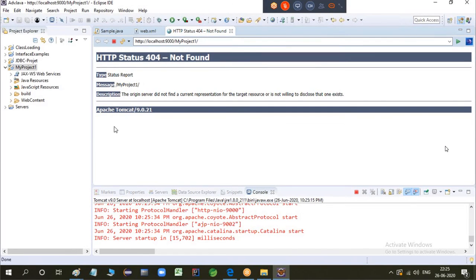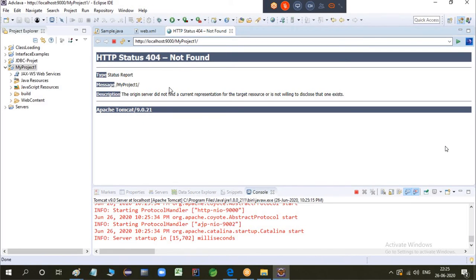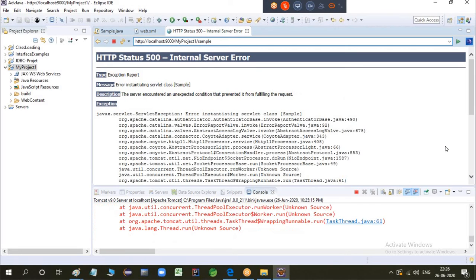Server has started and it's mapping to what's in my web.xml file, mapping to /sample. All right, so this is the internal web browser. This is the internal client application for Eclipse, which is there by default. There are some settings where you can just directly open the external web client. Now /sample and click on run.